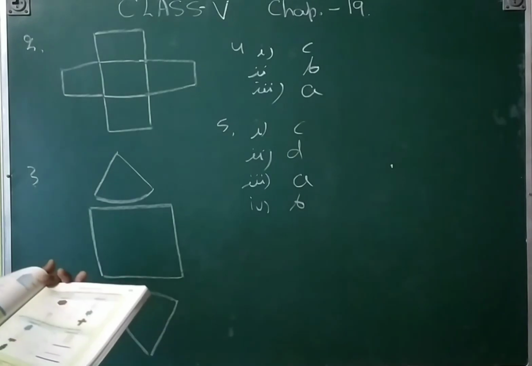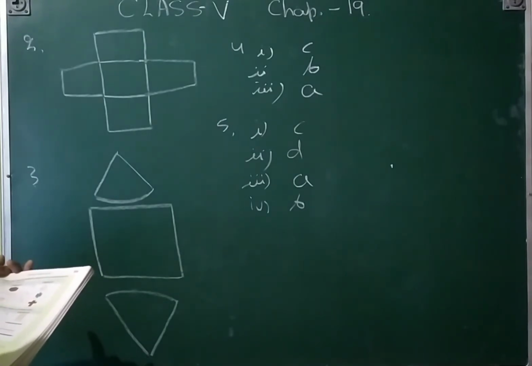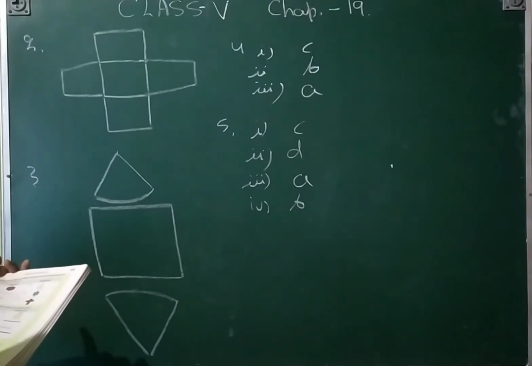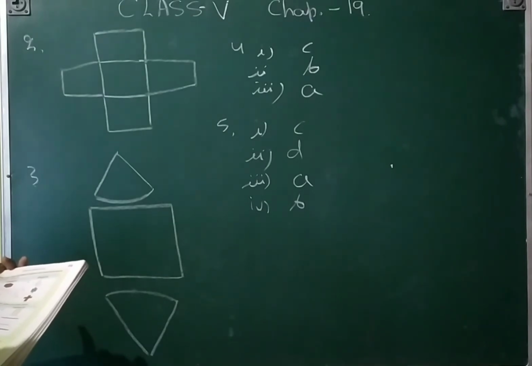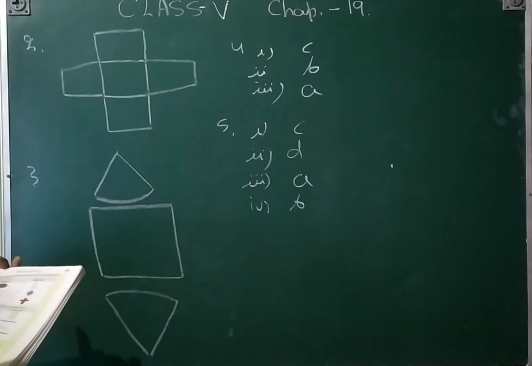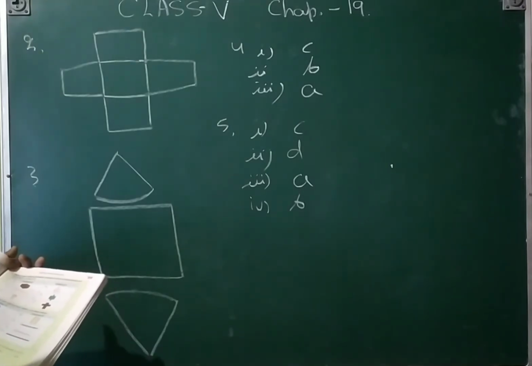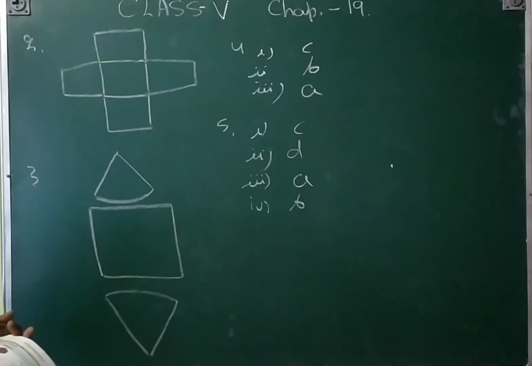Fill in the blanks. Railway tracks are parallel, but they appear to emerge out of a point, in perspective. A net is a 2D representation of a 3D solid in which surfaces are attached to one another in a sequence like this. You can see it in many diagrams. That is the net of a cube, because you are looking at all the boxes being the same and 6 boxes are there, so that is a cube because a cube has 6 faces.